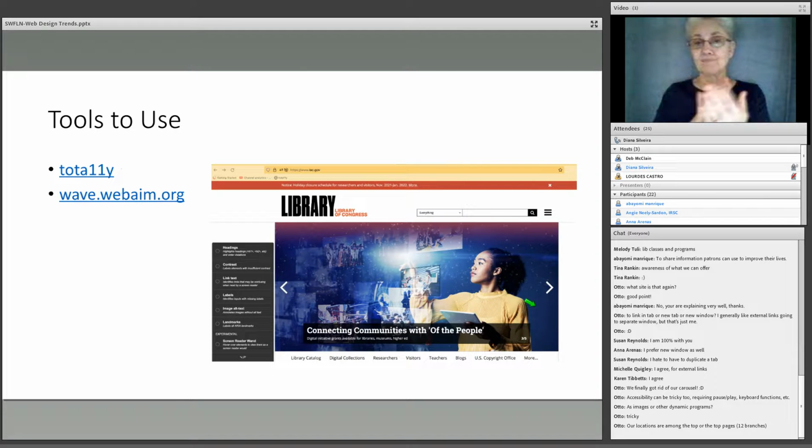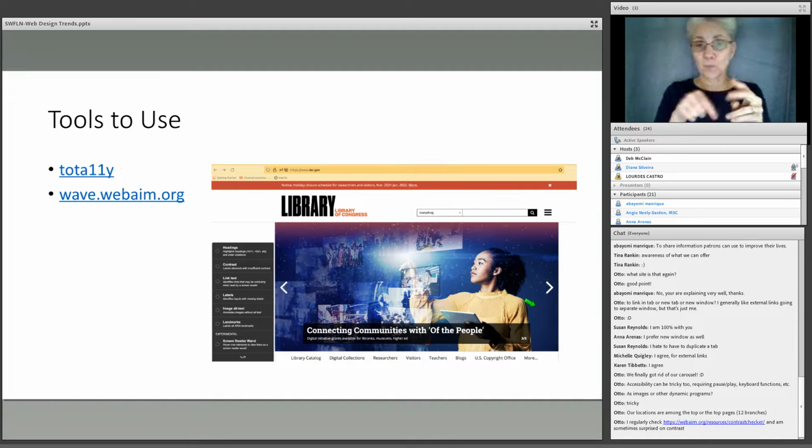Because contrast is not just about color blindness, there are a lot of people over 40, I'm going to call it. I find contrast is more and more important to my life as I edge towards 50. WAVE, you can either use a browser plugin, or you can take a site URL, put it in, and it will analyze it for you and tell you what needs to be adjusted